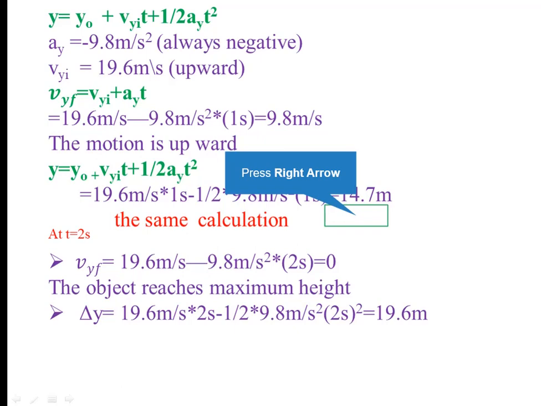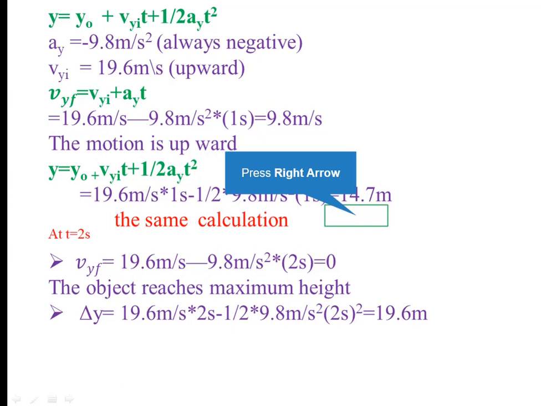At 1 second, when substituting, the initial velocity is 19.6 meters per second and the acceleration due to gravity is minus 9.8 meters per second squared times 1 second, it gives 9.8 meters per second. The motion is upward